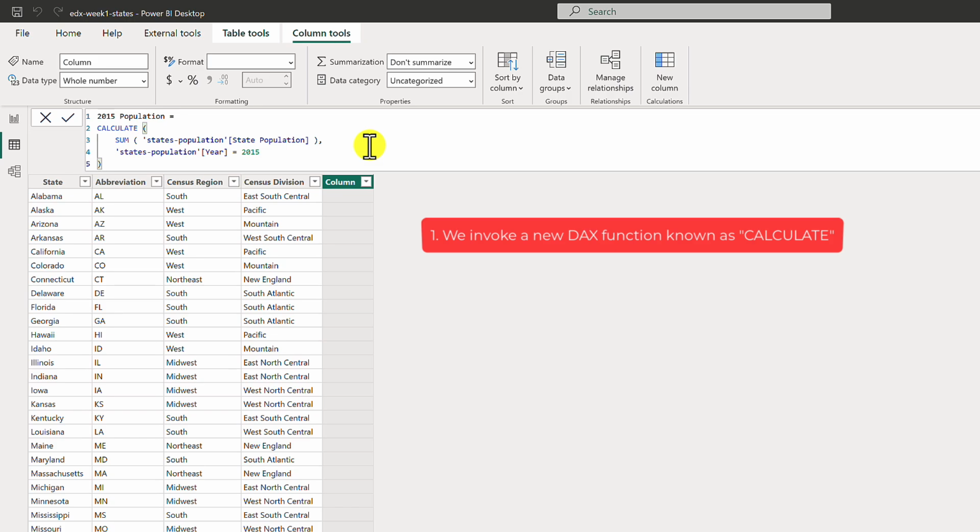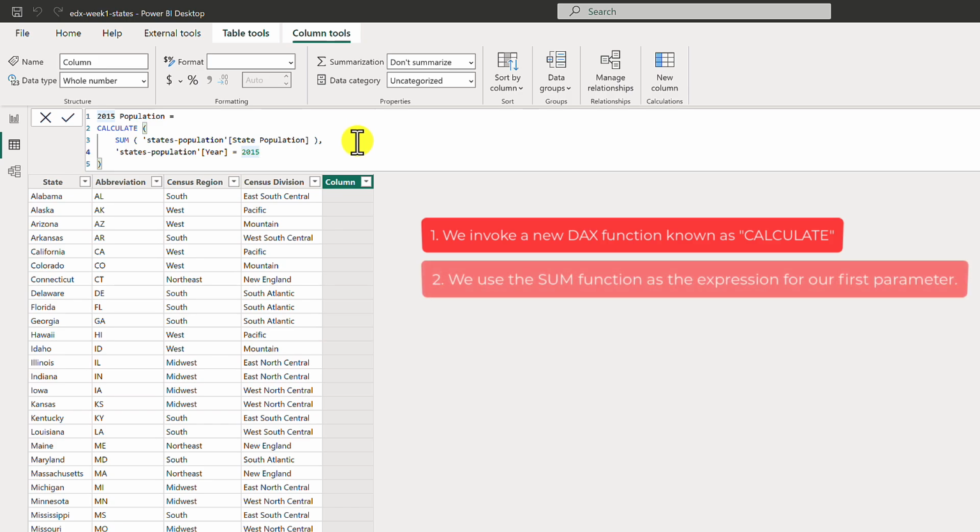So, using our CALCULATE function as an example, it consists of two parameters. The first one, the expression parameter, is required. This is the DAX expression or calculation that we are calculating. Then there's a comma, and we move to the second parameter. The second parameter is optional, and it's called the filter parameter. We use the filter parameter in the CALCULATE function to tell Power BI how we want to filter the data to recalculate our expression. In this particular formula, our expression parameter is the SUM function on line 3 of our